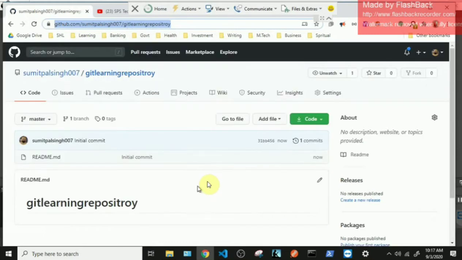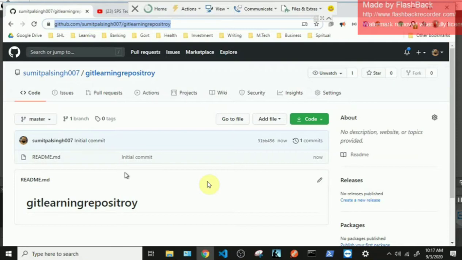Okay, so now I'd like people to know that Git is a distributed version control system, and every branch in Git has a local copy and a server copy. So you can see that I have created this branch on GitHub. So this is a server copy of my repository, and in each repository there can be n number of branches.